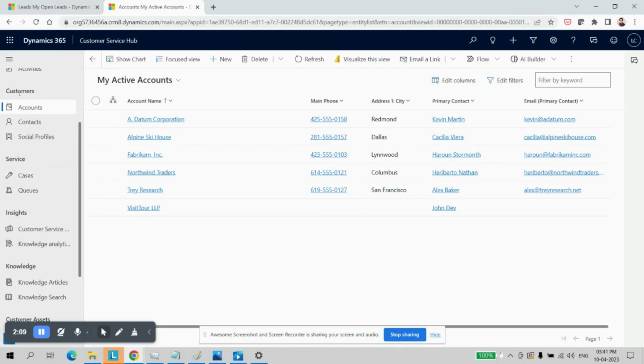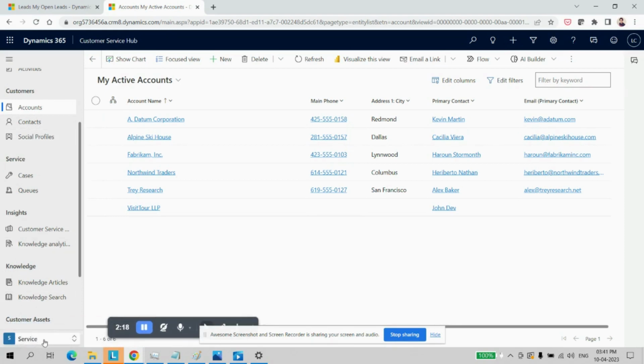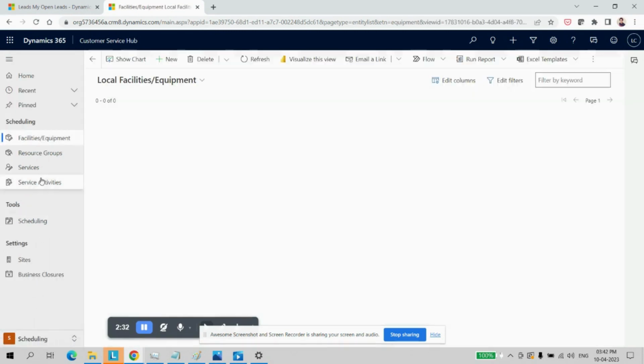For each section, we will define the section name, and below that we will give the names of the entities. So similarly, you can see all the entities over here. From the bottom, you can change the area. For example, we have the service area, then the scheduling area, then the help and support area. So you can move on to another area. Whatever respective tables are available for it will be shown over here. Similar to that, we can define what areas we will have for a particular group of people.